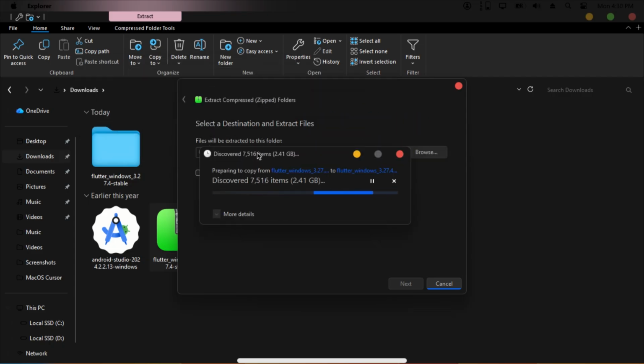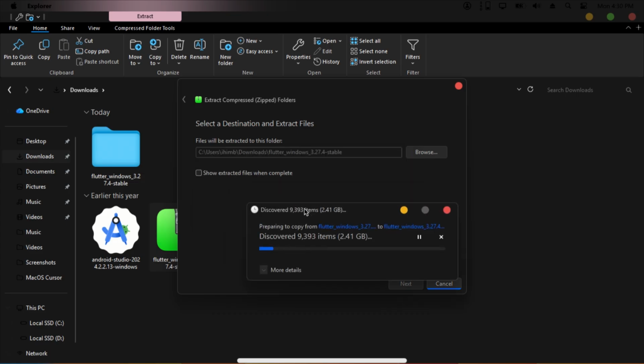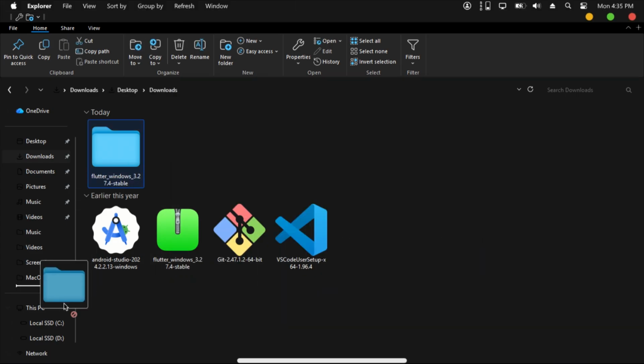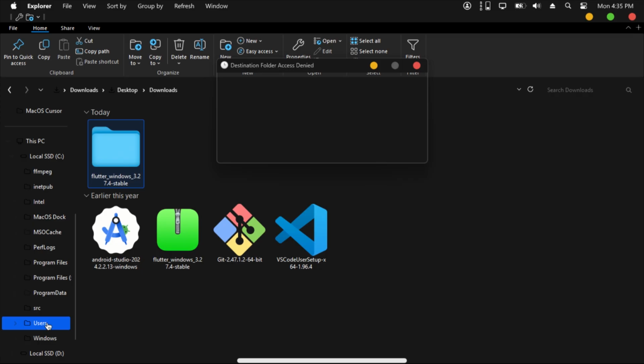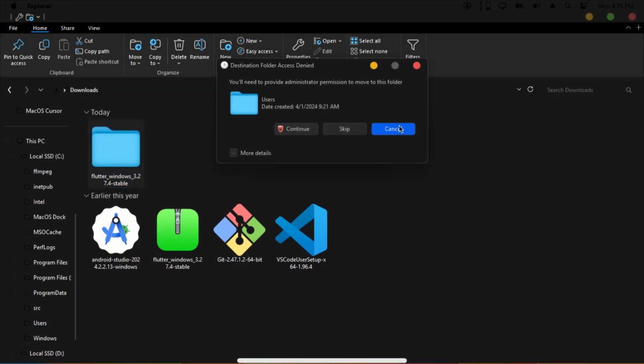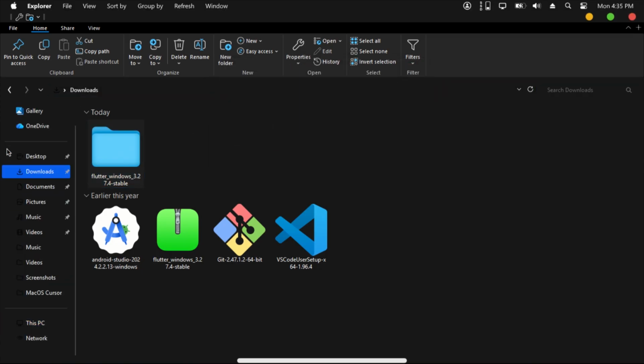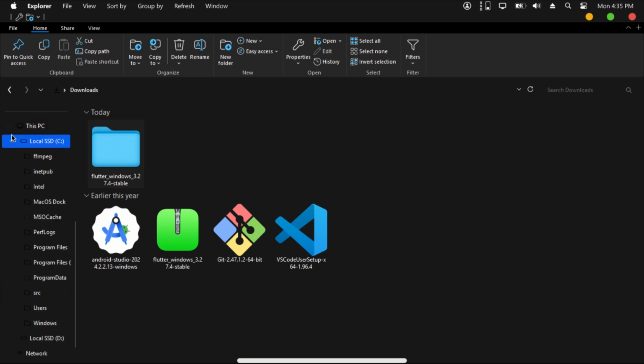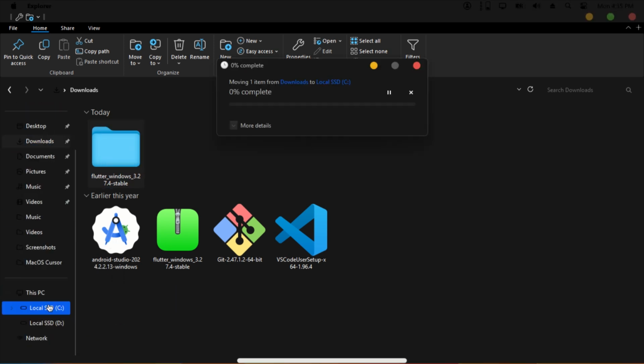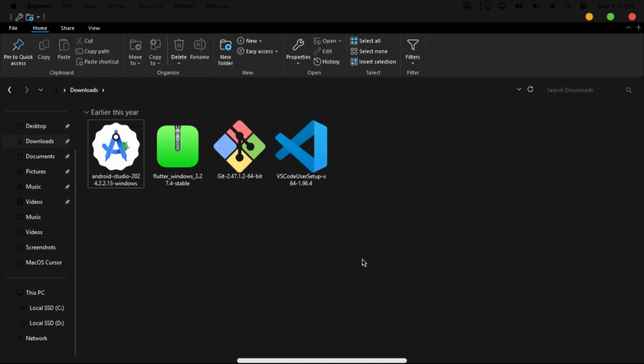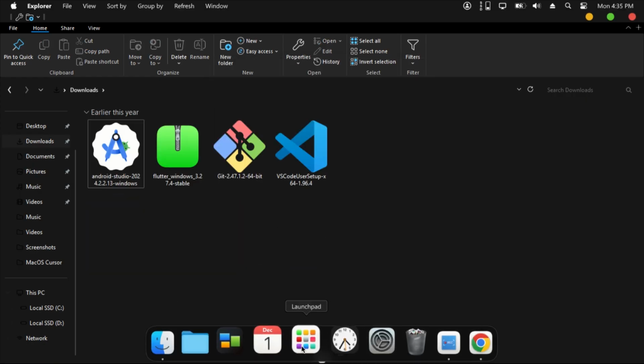It will just take a moment. Wait. So then it's end. You have just to take this and paste it into my SSD, System Reserve. I just take it and paste it there. So the next thing we are going to do, after installing Android Studio and VS Code,